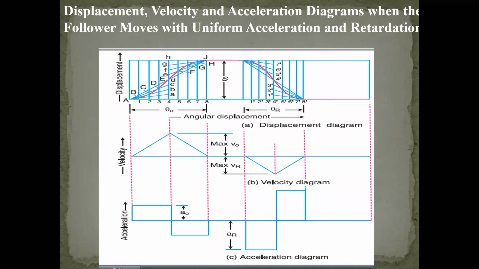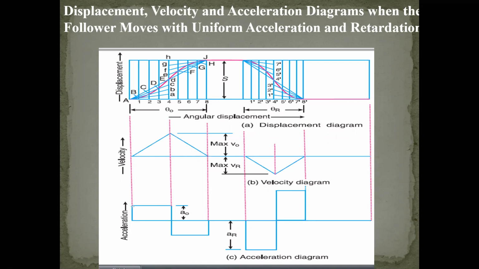That is the displacement diagram. Now let's look at the velocity diagram. At the beginning of the stroke, the velocity is taken to be 0, and when it reaches the mid of the stroke it is maximum. At the end of the stroke it again goes to 0. The way of approaching is that it maintains a triangular shape for the outstroke, and the return stroke does the same. That is the approach to follow for our velocities.